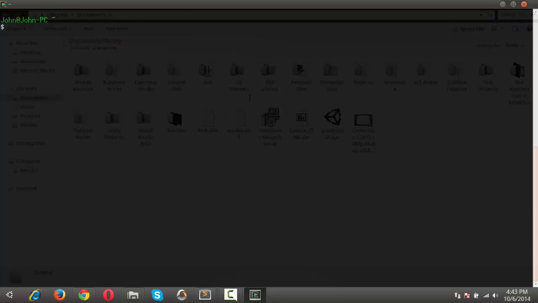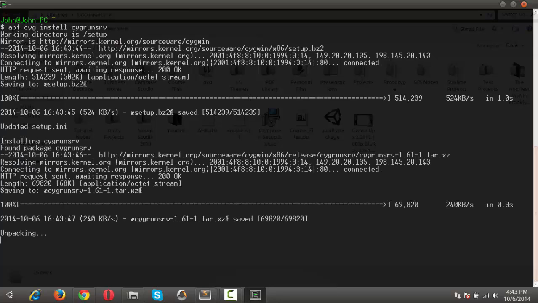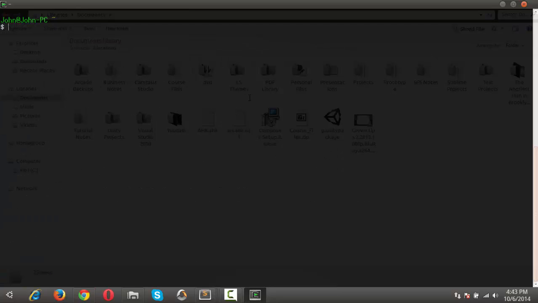Okay, so what we're going to do now is go ahead and install a couple of utilities before we start setting up our server. First of all, we're going to install cygrunsrv, and the reason that we're getting this is because we want to be able to create services from within the command line. And we'll get some PHP extensions as well, so we can work with things like Composer, the PHP dependency manager, and phpMyAdmin, the PHP database manager. So we'll go ahead and apt-cyg install php-mbstring,